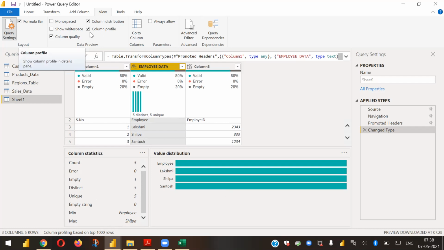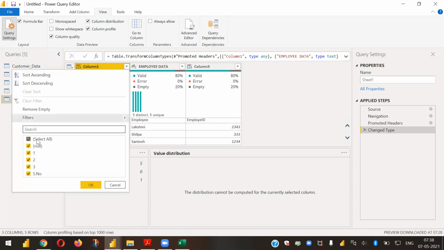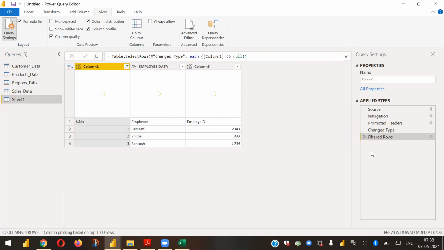So when you are getting unstructured data with a lot of null values, this is very useful to understand your data. When you understand your data, you can see, okay, there's 20% empty values, and I'll know that I have to remove those empty values. Either I can click on the drop-down, and you can see there's a null value. You can filter it out: I'll uncheck this and click on OK. There is a filter step applied, and now the empty was 20%, now it is 0%. So I can do this as well. By understanding this, we can quickly know if there are any errors or empty values. This is the utilization of these three options.